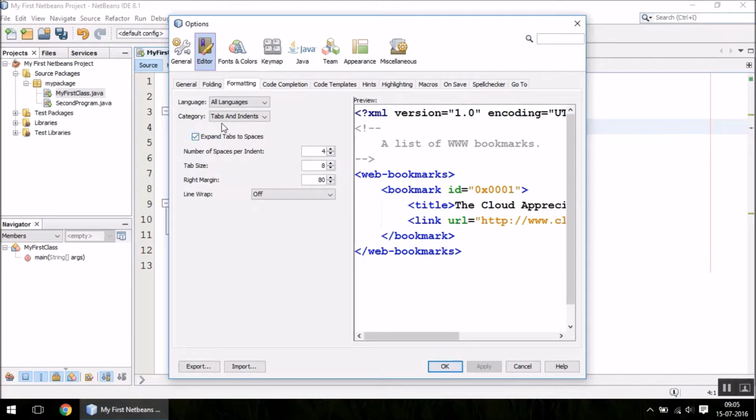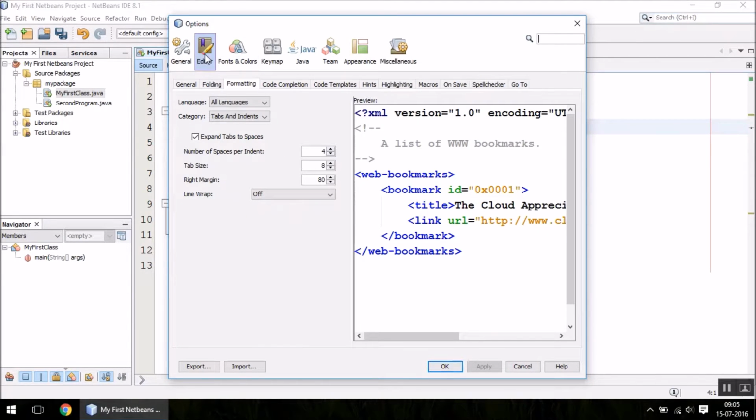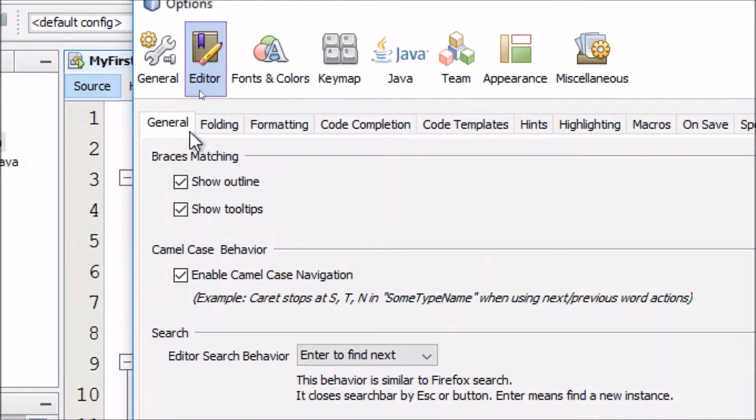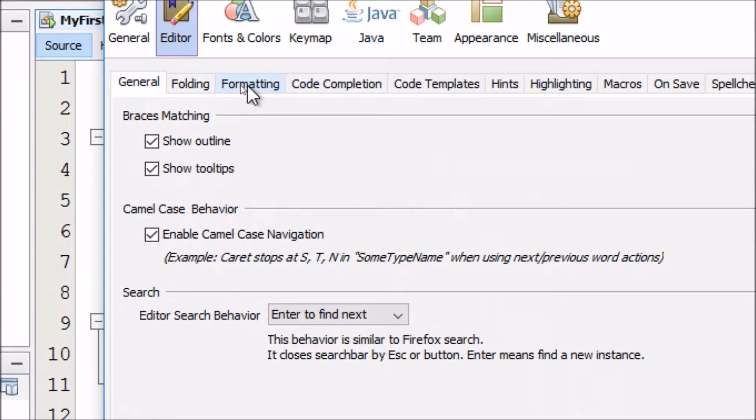I personally like these settings, so it always helps. The first thing is, when you go to options, you go to this editor tab, and then go to general, and make sure you are not going to make any changes here, and you go straight away to the third tab, which is the formatting tab.